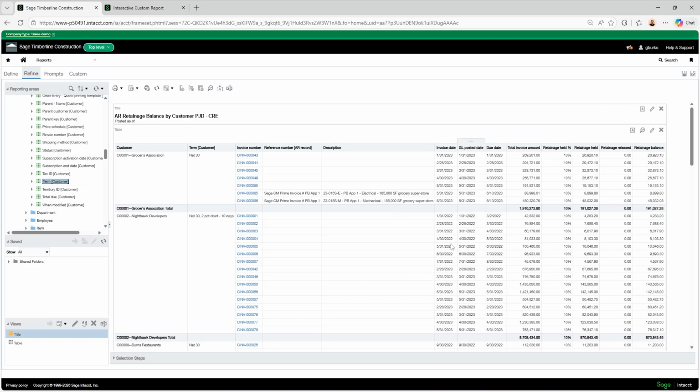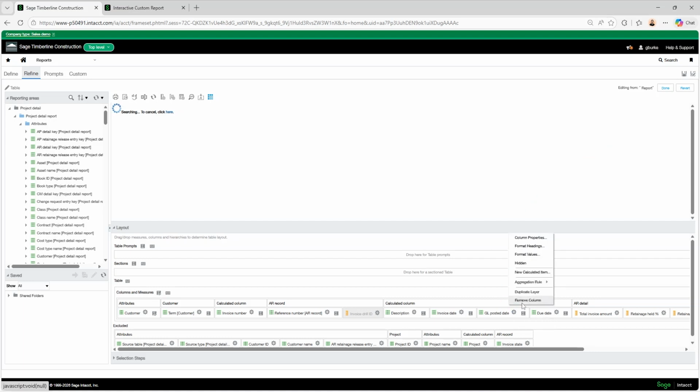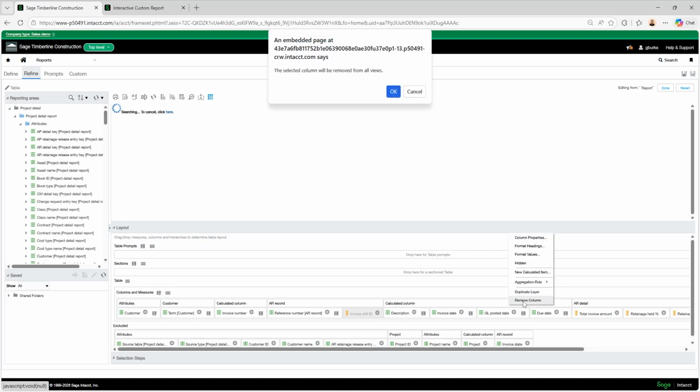Conversely, there might be fields on here that you don't want to see. For example, you might find the GL posted date redundant because you always set it equal to the invoice date. In a situation like this, you can go ahead and click this pencil. And then we can remove that GL posted date by clicking the cog here and clicking remove column.